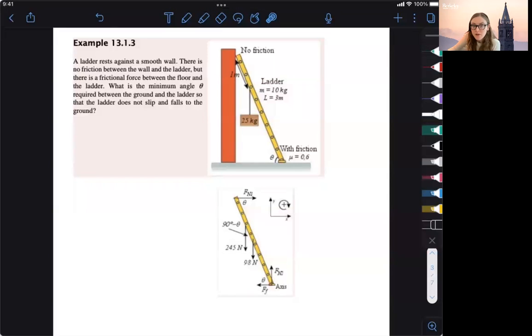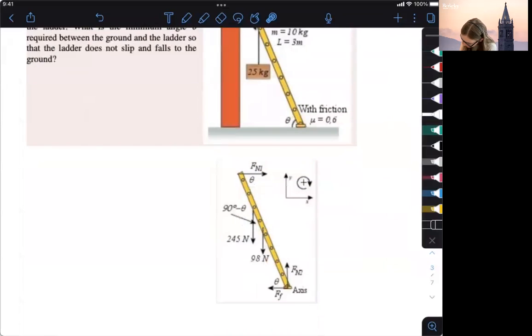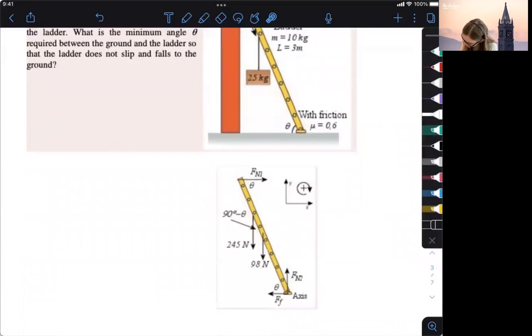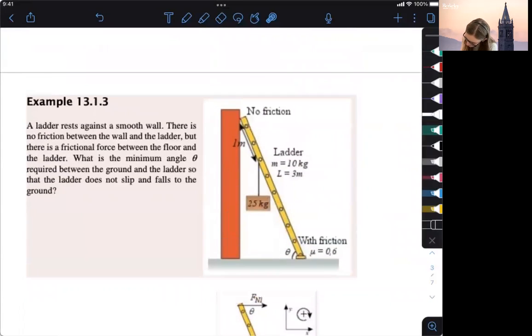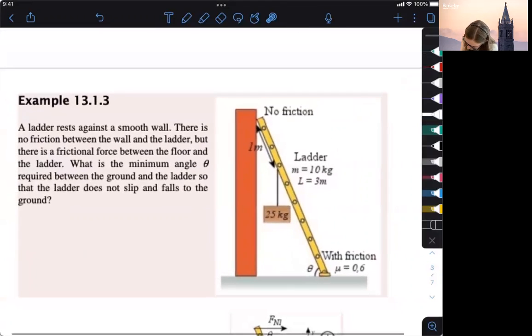Okay, so now we're going on to the next problem where we're dealing with a ladder. This is a ladder just sort of resting up against a wall. We're told that we have friction on this bottom surface. So I kind of just copied and pasted the free body diagram because I thought it would be a little bit more readable, because there's some weird stuff going on there. But okay, when we're initially given the problem, we're asked for the minimum angle theta required so that